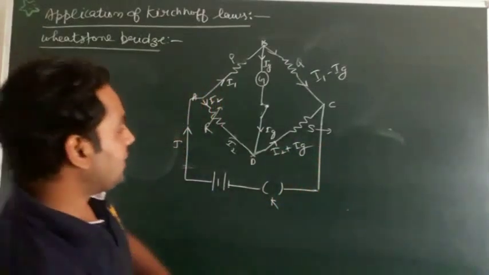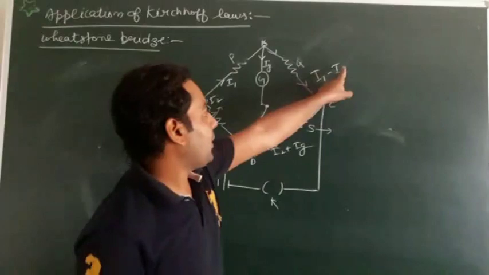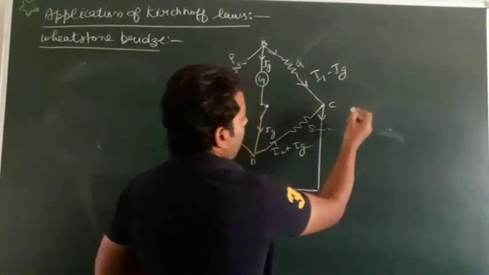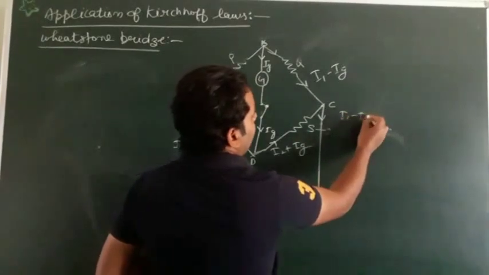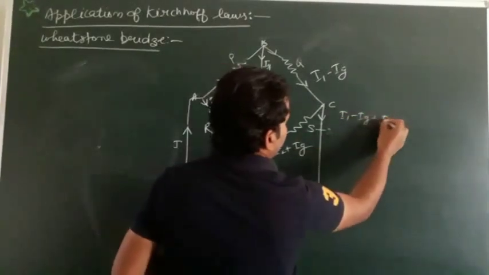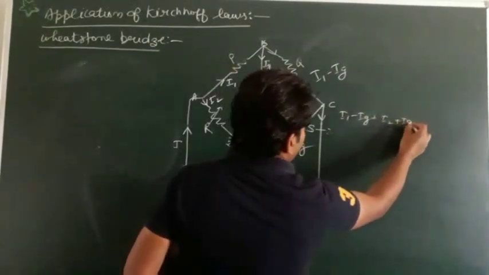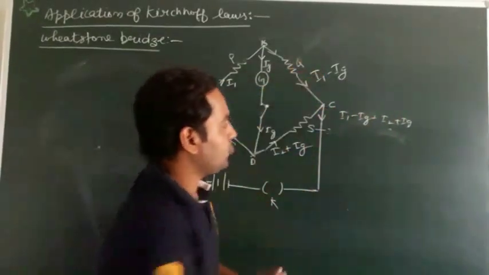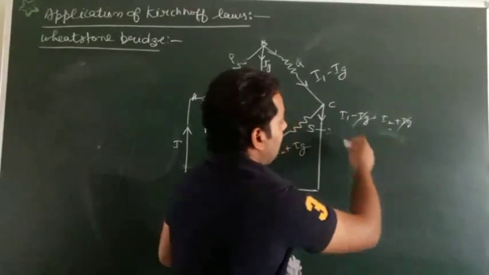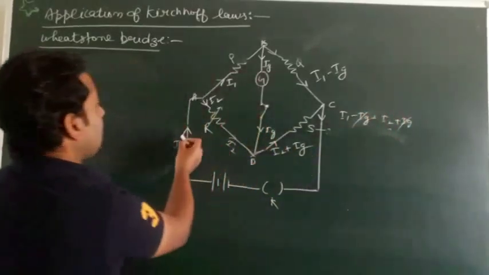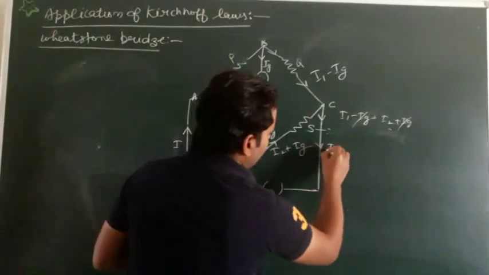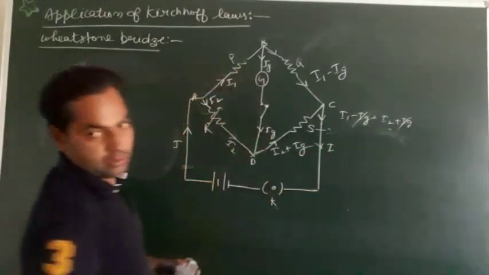And here all these currents combine. For example, if I am writing I1 here, at that point what is the value of current? That is I1 minus Ig plus I2 plus Ig. It means this current coming from here and that current coming, both are combined. So Ig cancels with Ig. The current is I1 plus I2, and I1 plus I2 is coming from I. So in that arm again the current is I when that key is closed.